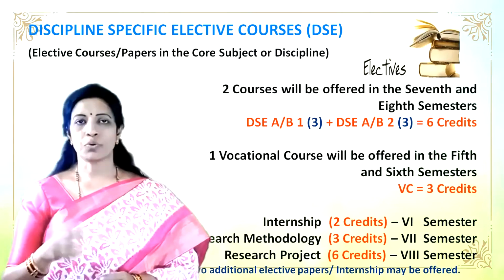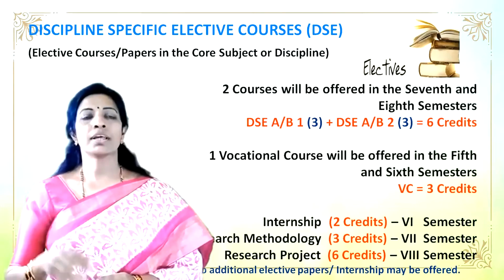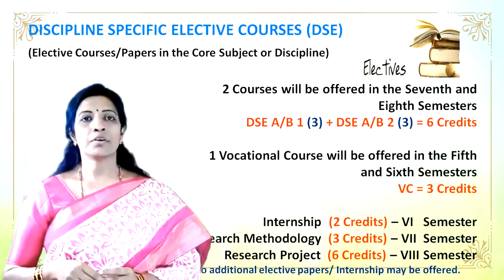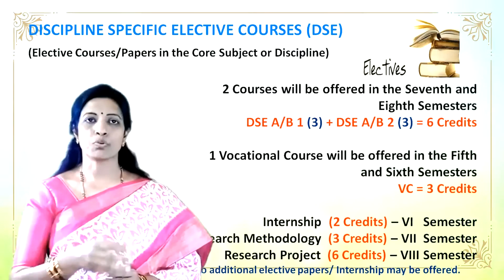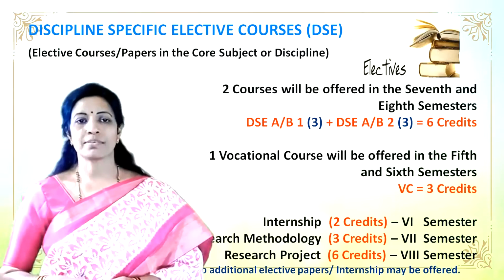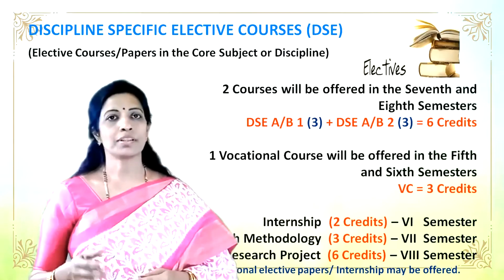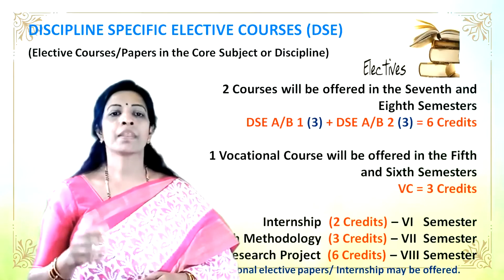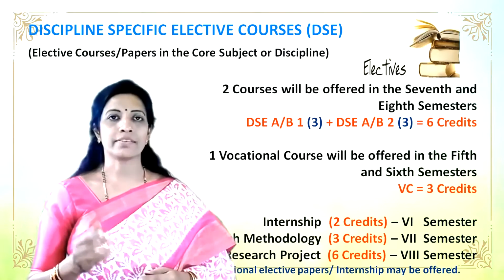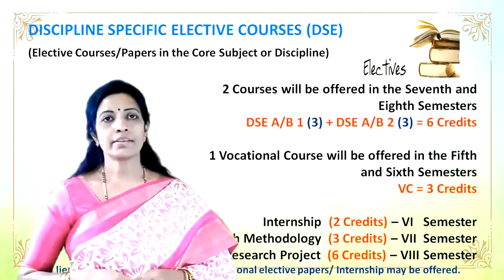So, if the student has opted for sociology as the main course, then certain subjects which he will have to study which are related to sociology will be known as the discipline elective courses. The student now has to opt for 2 courses during the 7th and 8th semester. Each of these discipline elective courses will carry 3 credits, and so the student will collect 6 credits